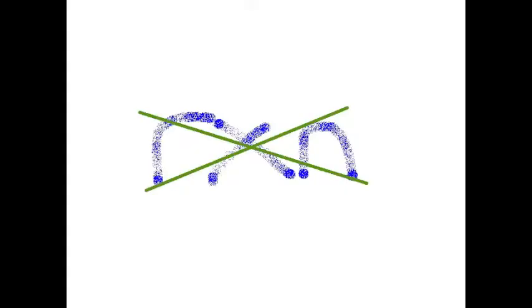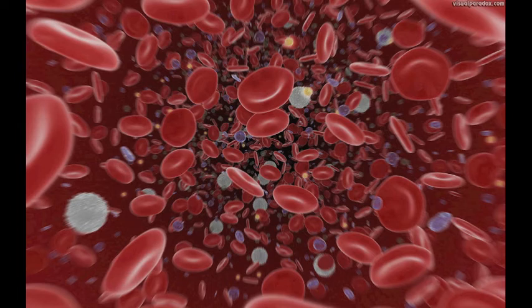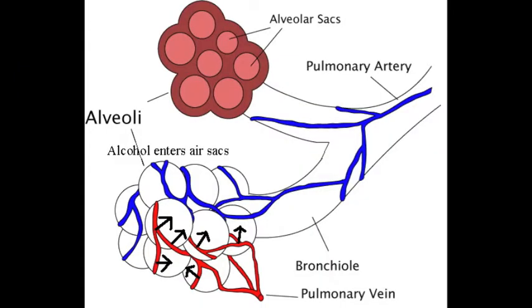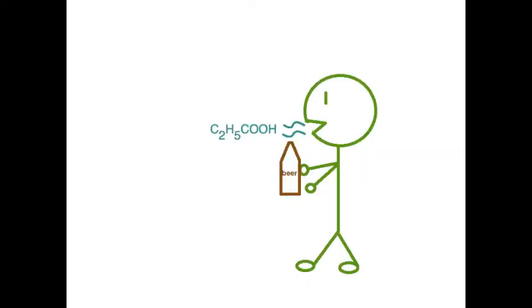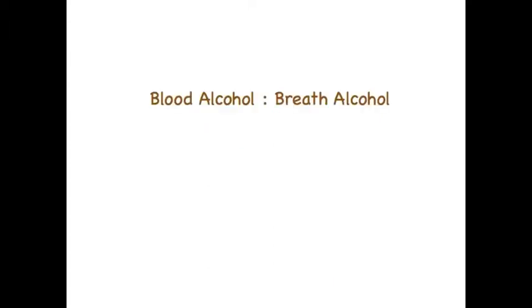Alcohol does not undergo a reaction when in the bloodstream. When blood reaches the air sacs, alcohol is able to diffuse through the membrane as a vapor. The quantity of ethanol in breath will be fixed because the rate of evaporation of ethanol from blood will equal the rate of condensation, and this will establish an equilibrium. When a sample of breath is taken, the ratio of blood to breath alcohol is constant, so the actual blood alcohol level can be measured.